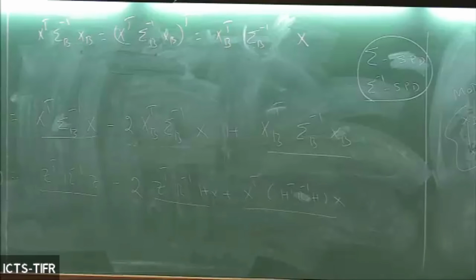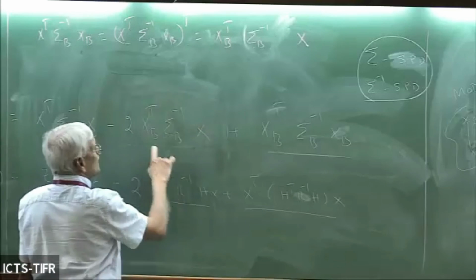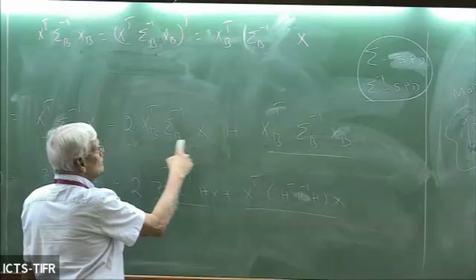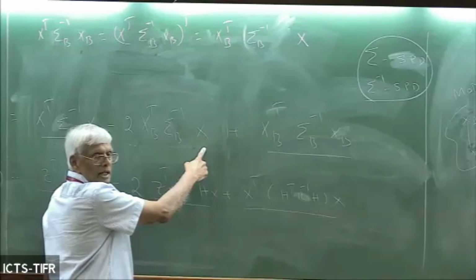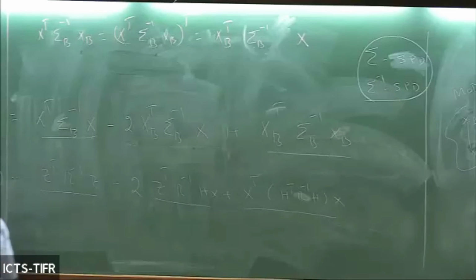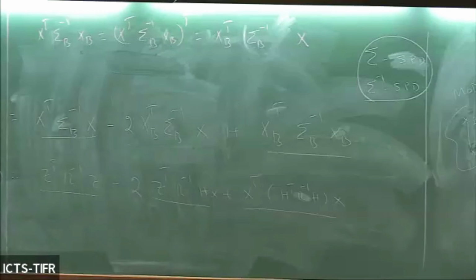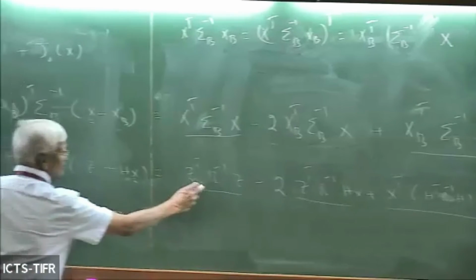Now, this is the linear function. I'm going to consider this as A transpose x. The derivative will be A, and A will be sigma b inverse xb. Therefore, there's a 2 sigma b inverse xb. That's the derivative of that. The derivative of that is 0. So that's the first line. The derivative of this is 0